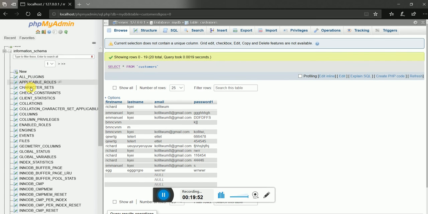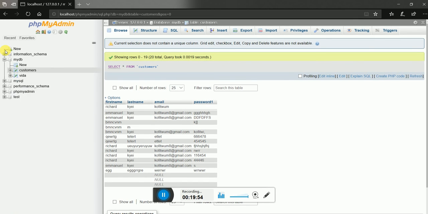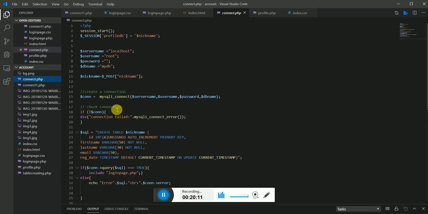You heard that, right? The database name is what? myDB, and this is my database name, myDB here. Now under myDB I have tables like customers, and I can create new ones directly from this PHP code